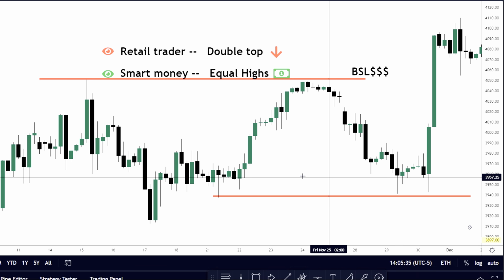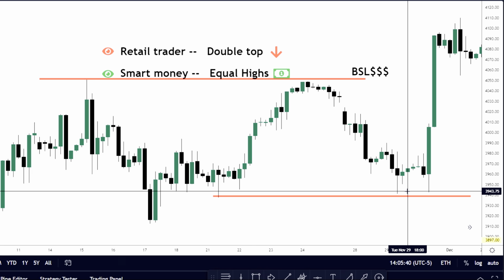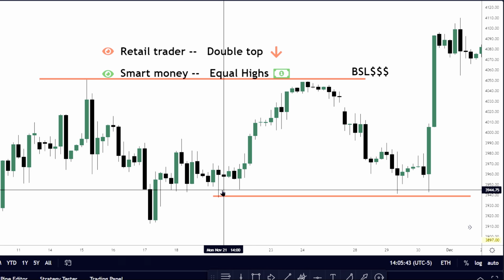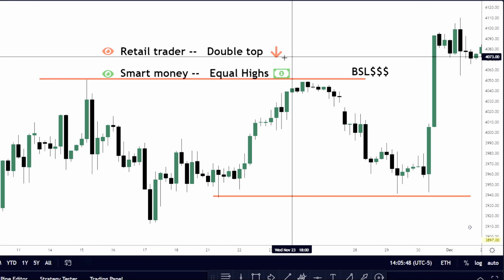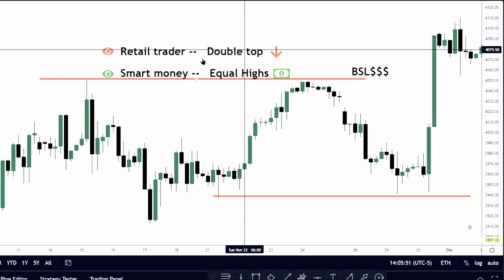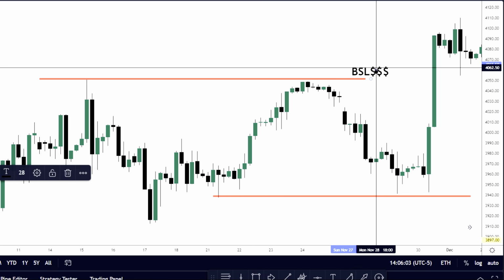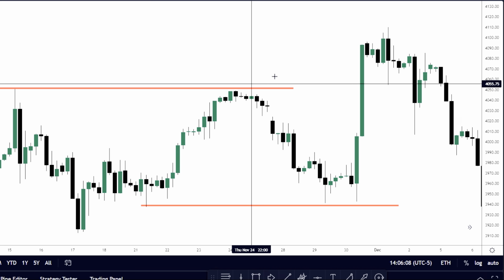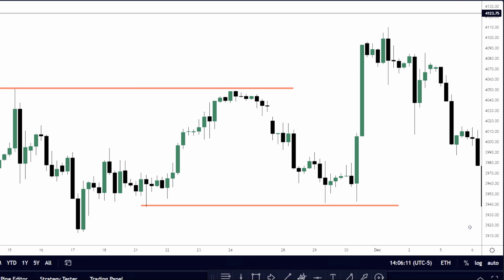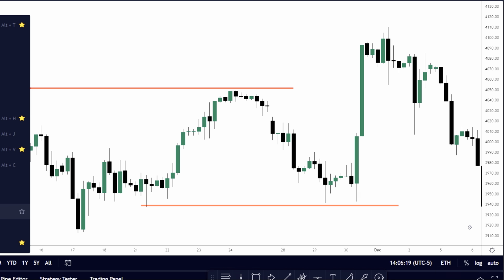So now traders that went long here, they didn't get stopped out, so they're still in the position. And then traders that went long here in this order block, it did grab liquidity right here and then just blasted off. Now all these traders are taken out of their trade. Now smart money would be looking to go short up here on some kind of setup. So now boom, what happens? It takes the liquidity. So this is a good way to envision it, if you think of it like a pool, like an actual pool.